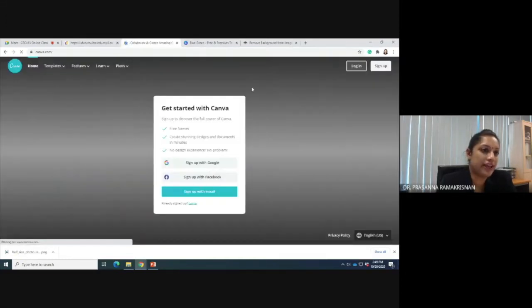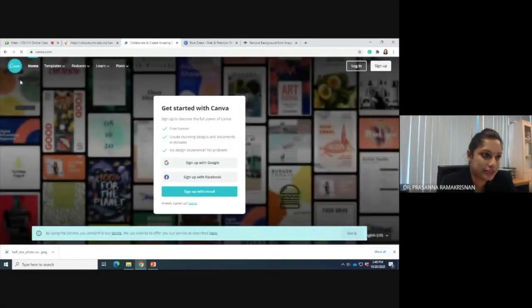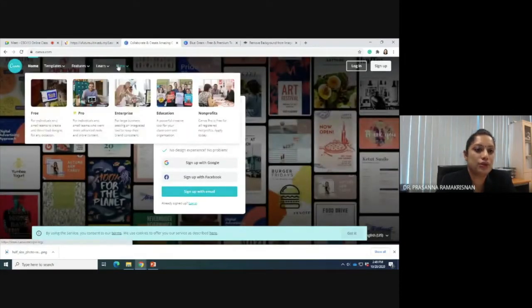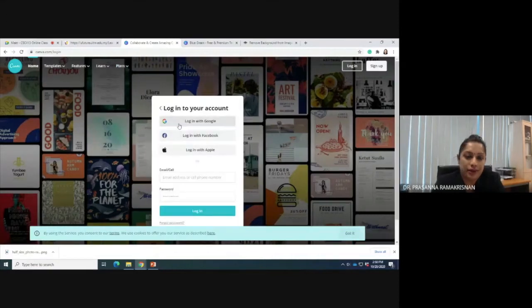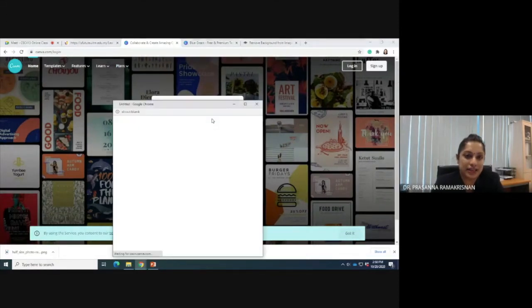So we go back to Canva. If you're doing anything, you can just click at Canva and go back to Canva. Canva gives you a free plan. That means it's free for you to do with 2 GB size. You can create how many you want, as long as the maximum is 2 GB. So it's considered quite huge for a free account. Usually I recommend my students don't sign up, just use an existing ID that you have.